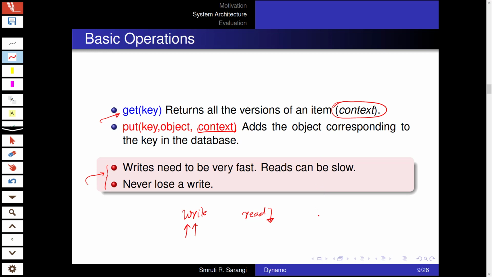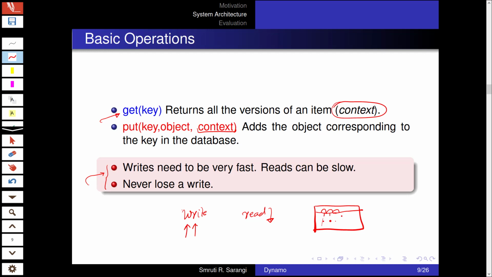Consider a shopping cart. In this case, we want to get the customer clicks and customer preferences as soon and as quickly as possible and just record them. Let's say I have a browser open here with multiple tabs. This is tab 1, this is tab 2, and Amazon is open on all of those tabs. So I click something in this tab, then I click something in this tab, then I click something in this tab. I'm basically adding things to the shopping cart, but of course they're happening via different tabs. So we never want to lose or overwrite any of my preferences, right?